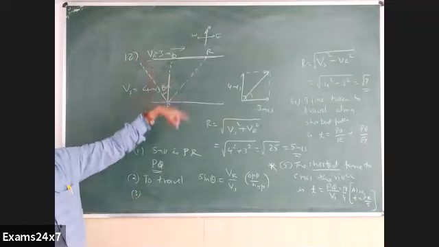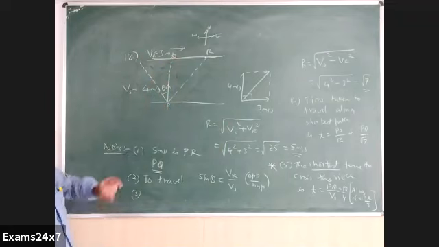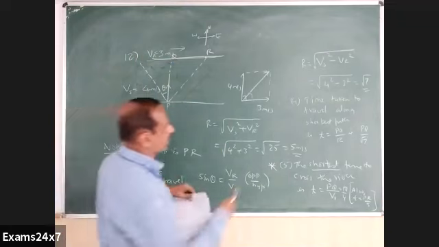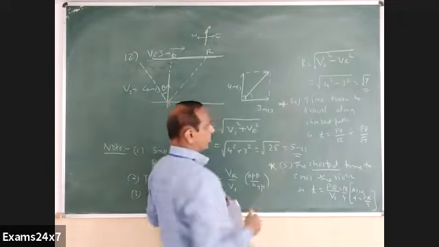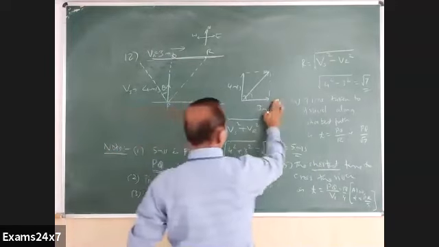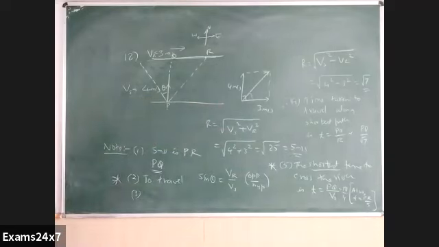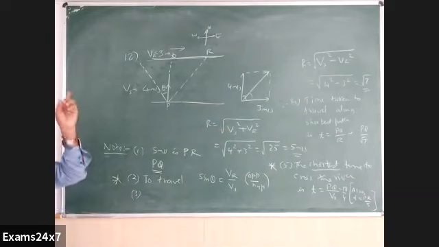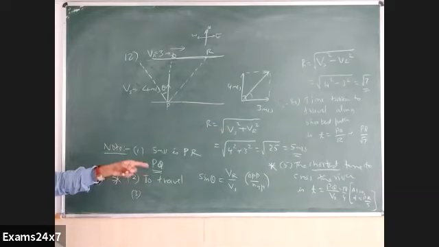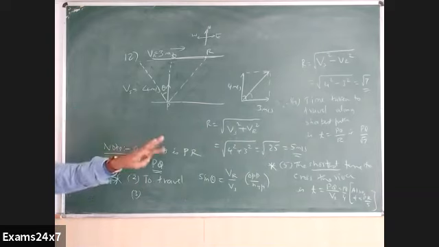Width given, own speed given in still water. That ratio becomes the least time. And second thing is shortest path. Sorry, this is not time. I mean, what I want to say is this one. Second point. To travel along shortest path, what he has to do? He has to aim at a particular angle with vertical given by sin theta is equal to VR by Vs. They are the two most important things here. How he will go along shortest path and how he will go for shortest time and what is shortest time.